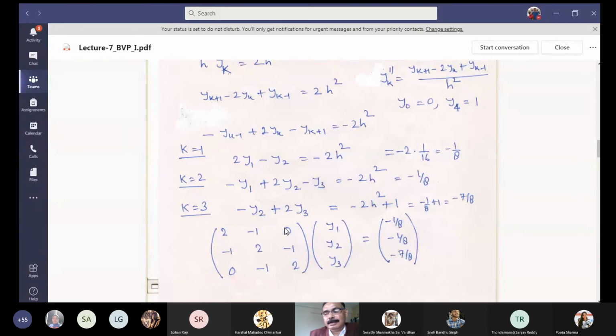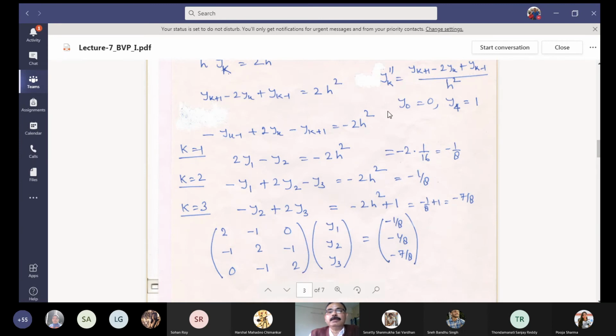Right? Yes, sir. Okay. You know the exact solution. If you don't use your calculator, you will get exactly the same value. So you have got the idea how to discretize a boundary value problem, how to get a numerical method for a boundary value problem, and solve that. So you understood that. That's the reason I have taken a very simple example. So is this clear to everybody?